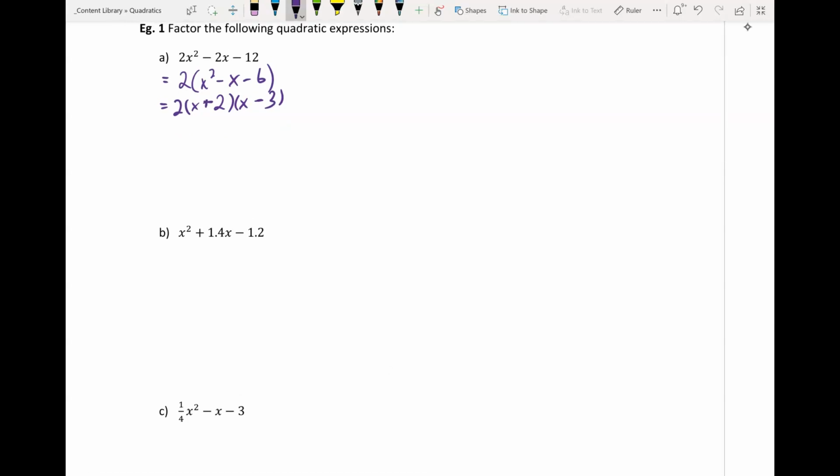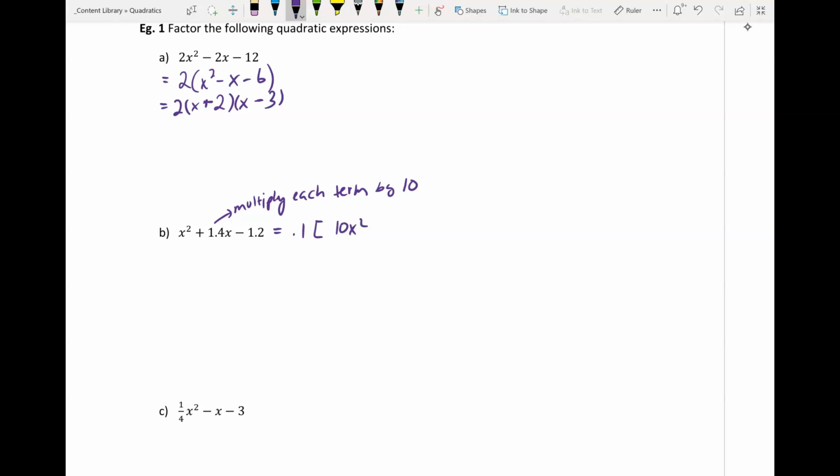Now this next one, there is a trick to it. We can factor out 0.1, and if we do that, we can get rid of our decimal places. So what I want to do is factor out 0.1, and if I do that, that means I also multiply each term by 10. Okay, so now I'm left with